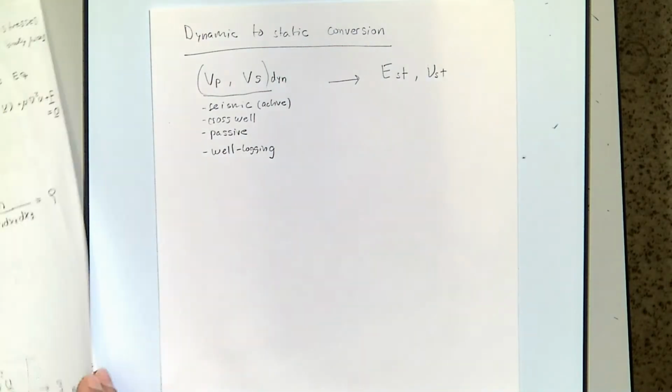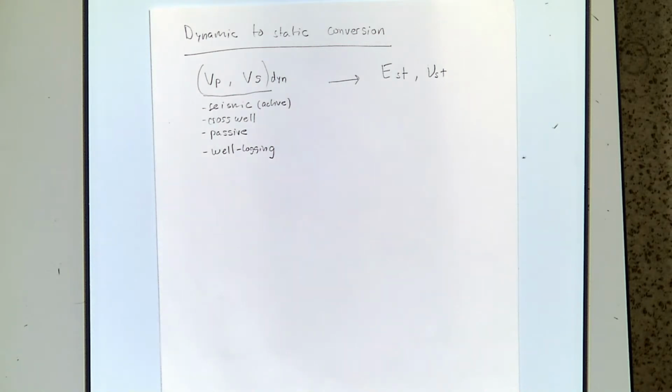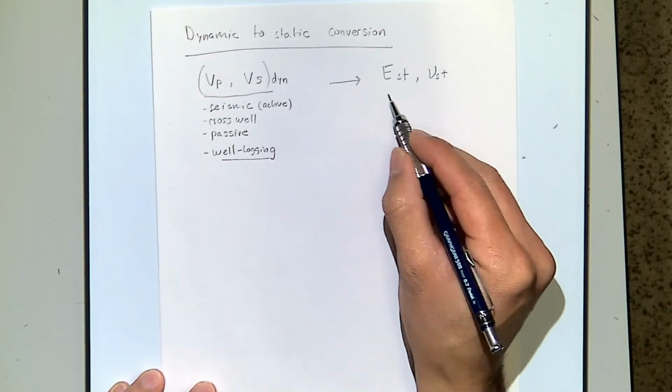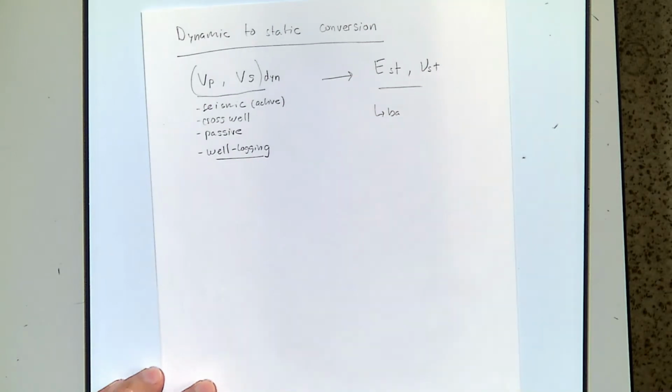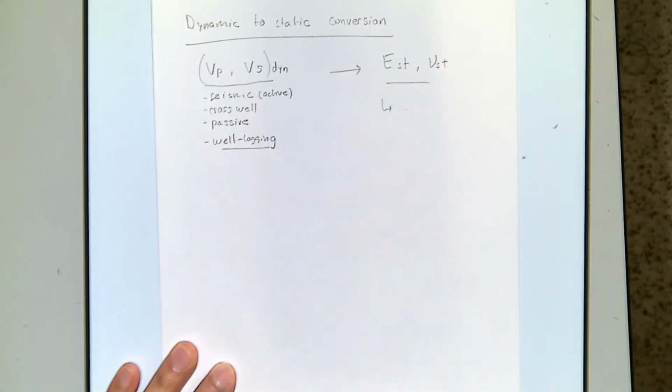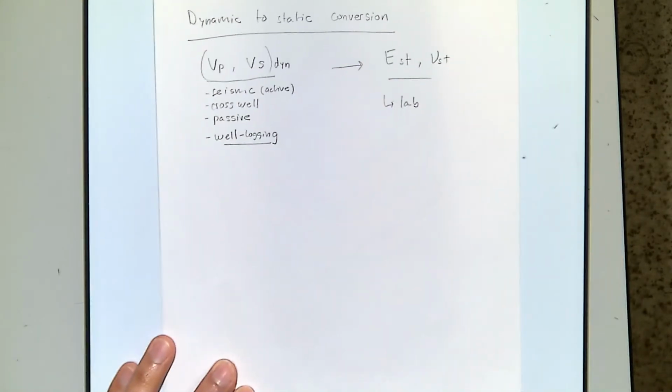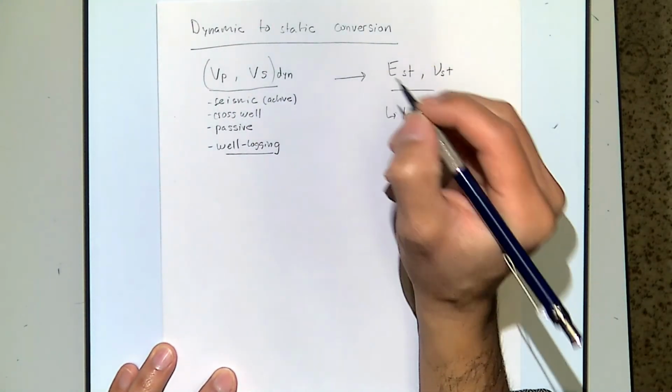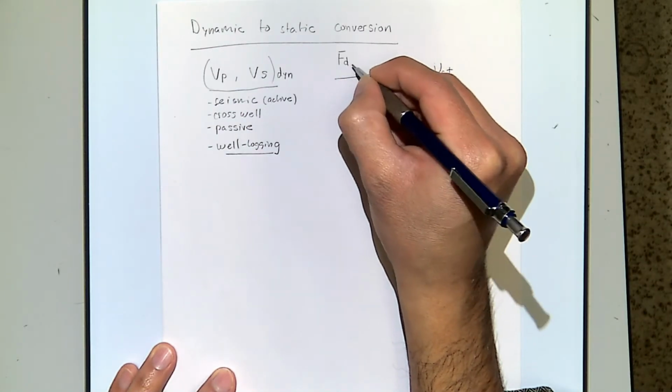Let me tell you that this is a very complex problem, okay? But at some point, if you want to do some practical applications, you have to simplify it. What is usually done, at least in petroleum engineering, that works more or less well, it's not perfect, okay, is to use data from well logging and data you'll get from the laboratory, in order to get sometimes a constant, sometimes a function,